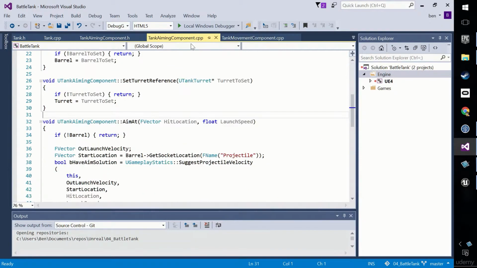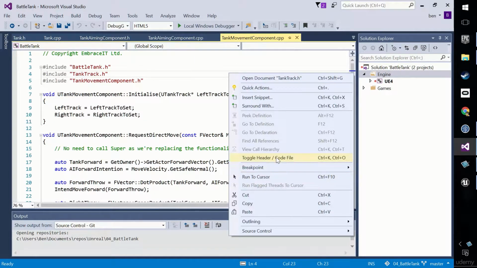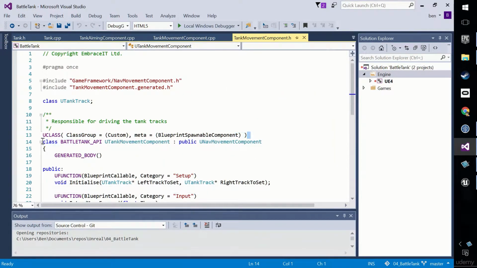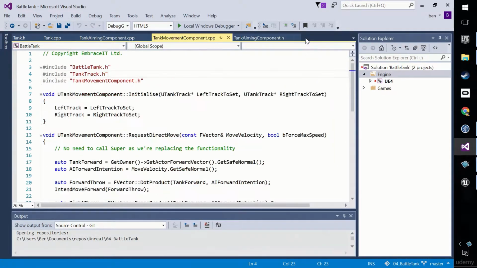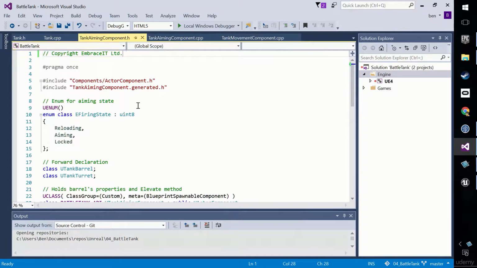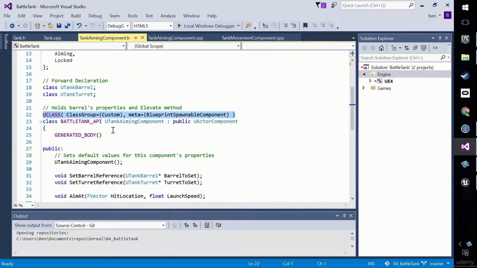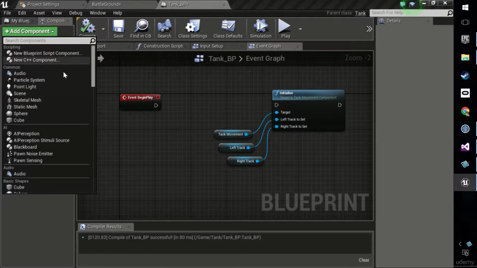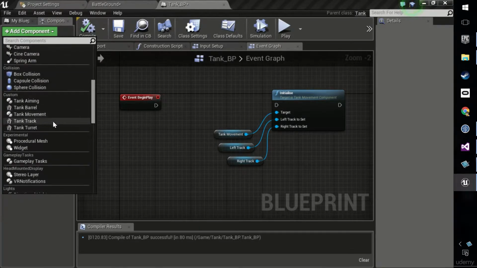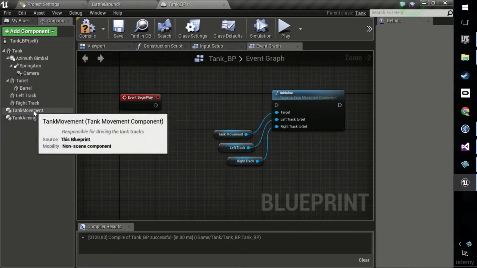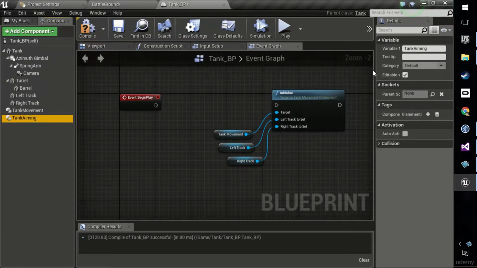Remember, in the tank movement component header file, we annotated it as a blueprint spawnable component. Well, let's go and have a look in the tank aiming component header file. And it is already a blueprint spawnable component. If yours isn't, of course, you need this annotation on the tank aiming component. Great, so because it's blueprint spawnable, I can come in here and add it as a tank aiming component. Great, there it is, looking just like the tank movement component,